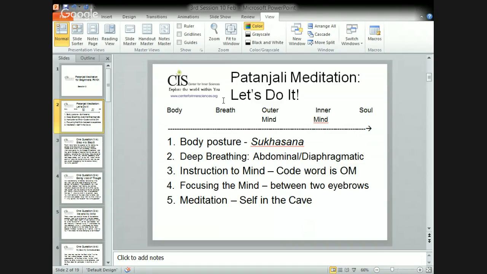Then we regulate or discipline our breathing, in particular, make it deep breathing, what can be called abdominal breathing or diaphragmatic breathing. Then we approach our outer mind and we instruct our mind, we give it a command, so to say, or instruction, and that is given by a code word, O. When we say that, we hope our mind will learn to become calm. The next step is we focus our mind between our 2 eyebrows, and then we hope our mind will be settled there,